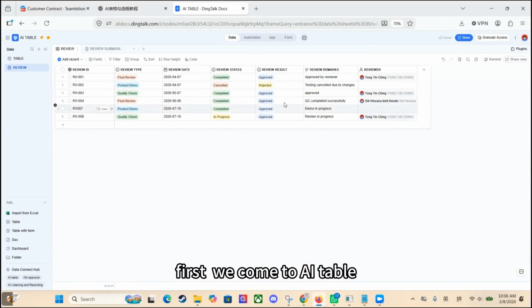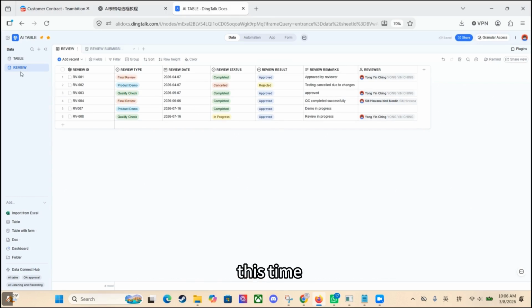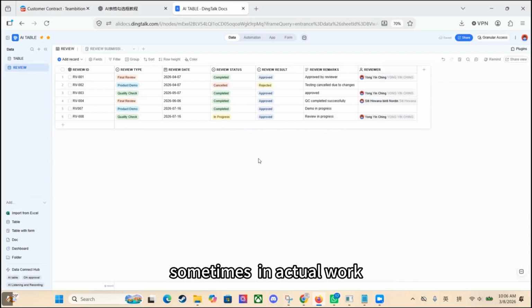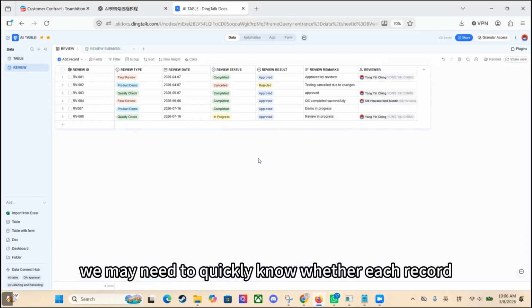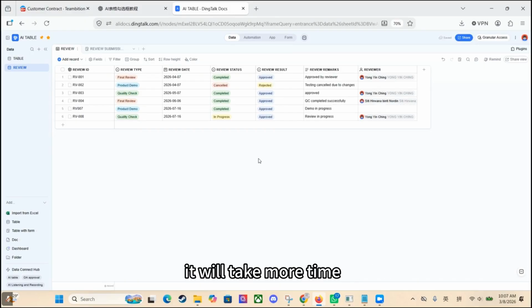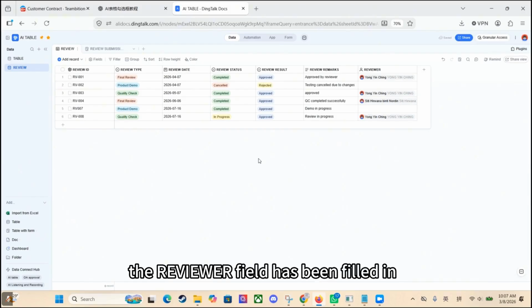First, we come to AI table. For today's demonstration, we will still use the review table. This time, we will use the user field as our example. Sometimes, in actual work, we may need to quickly know whether each record has already been assigned to a reviewer. If we check the records one by one, it will take more time. So today, we will use the formula field to let the system automatically check whether the reviewer field has been